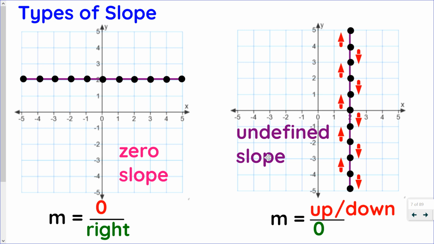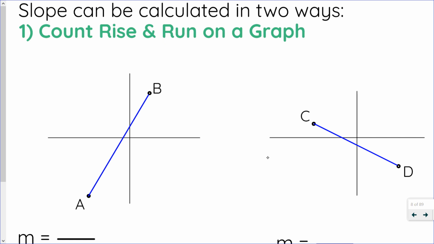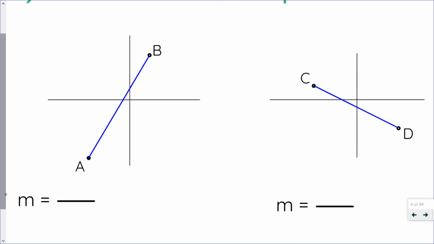So now we've seen the 4 different types of slope that we can have: positive, negative, 0, and undefined. Let's look at how we can actually calculate slope. So we can calculate it on a graph by simply counting. So for example, this line segment AB, if I wanted to count,